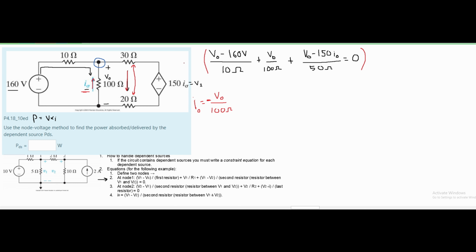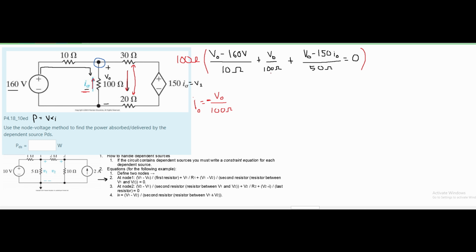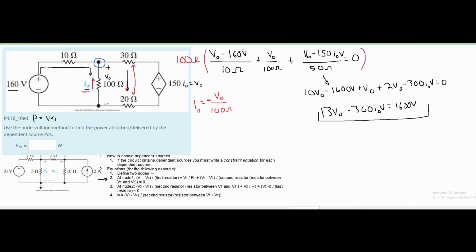So I'm surrounding this and I'm multiplying everything by 1000 ohms, and then I'm going to combine like terms and then go from there. And from here, we're just going to plug in our I naught that we found. So if we do this, we're going to get a 13 V naught minus a 300, and this is over a 100 ohm resistor, being multiplied by a negative V naught, and this is in volts, set equal to 1600 volts. So this is what we're going to get, and we can cancel some stuff out, so get rid